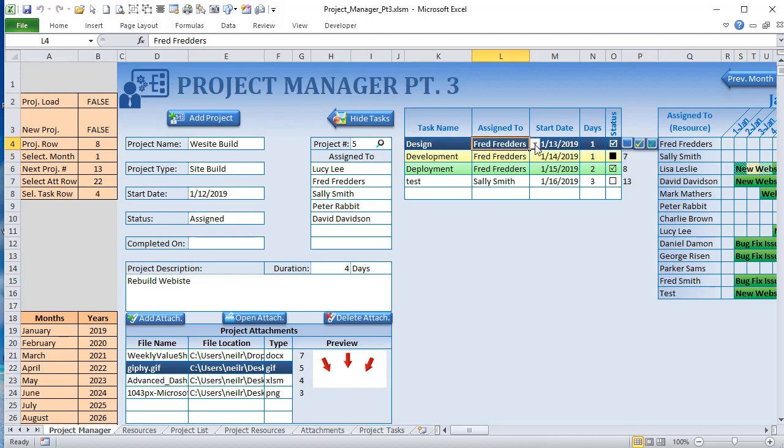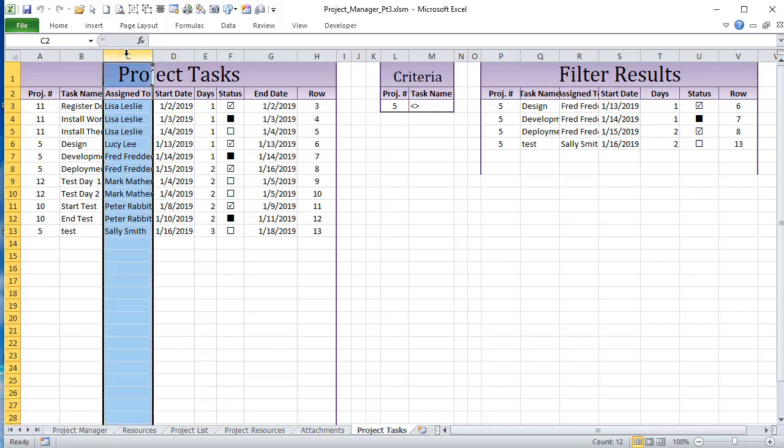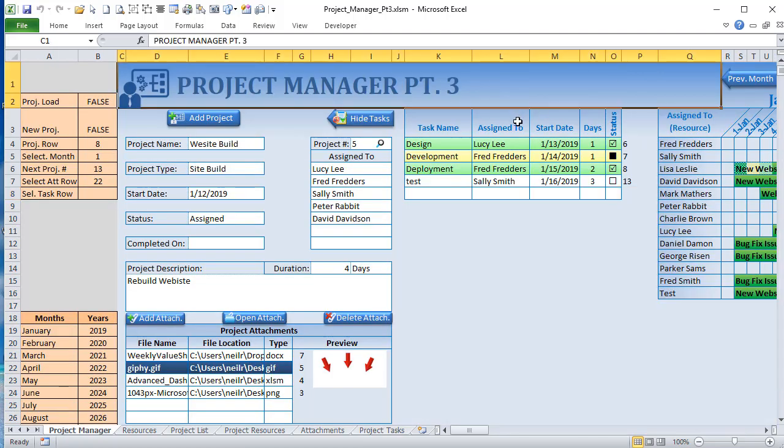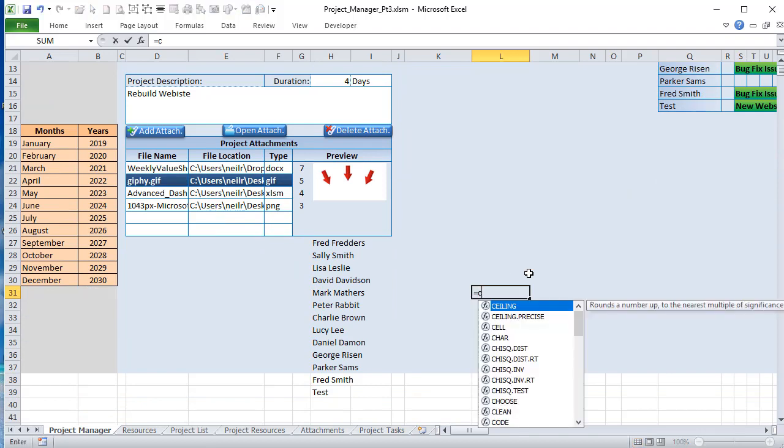If the user changes this to a different person like Lucy, we know that row 6 in our database must change in our project task. Row 6, we must change it here, Lucy Lee. It's got to be changed there. So we know this is column 3 that it must be changed on. What do we also know? We know what column is this. This is column